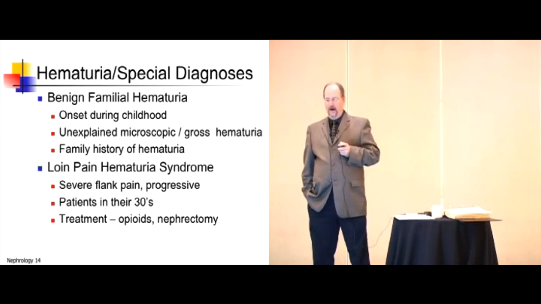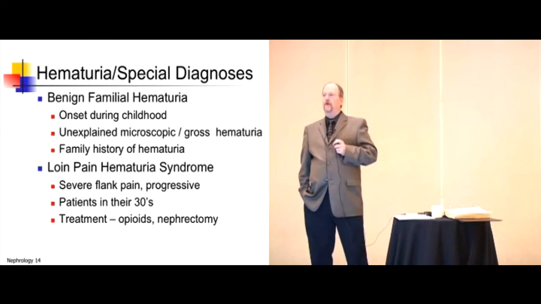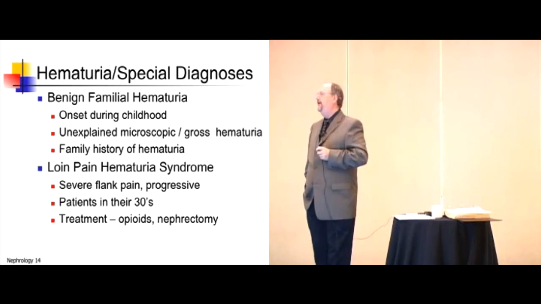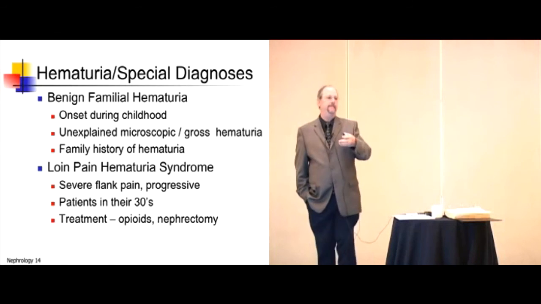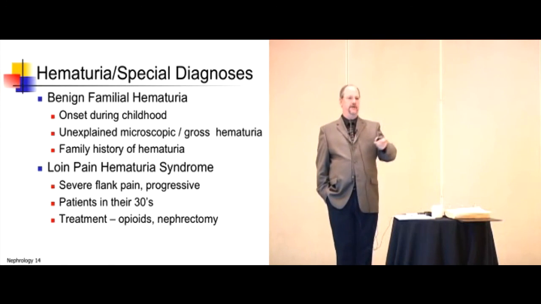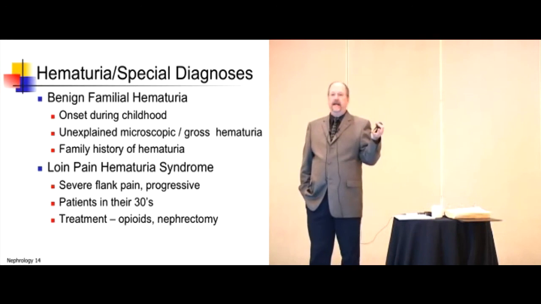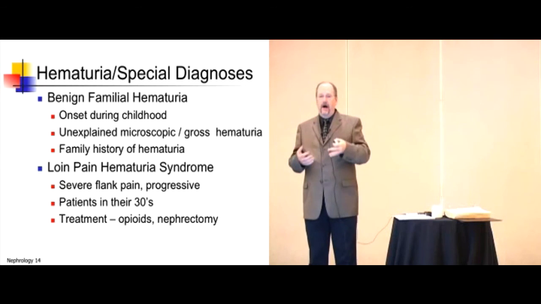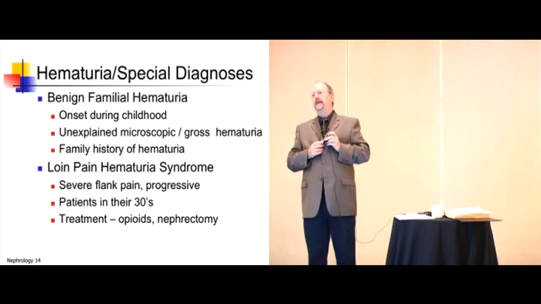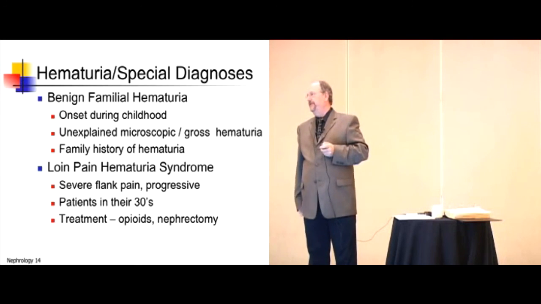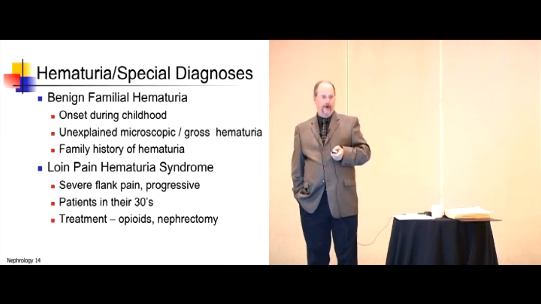Nothing happens. Loin pain hematuria syndrome. Loin pain is your flank. It hurts, and you have red blood cells. Severe flank pain, they get into trouble. These people could actually turn into addiction problems. It hurts a lot. They're asking for their kidney to come on out, and you don't find anything. Creatinine's fine, CAT scan's fine, ultrasound's fine, urine's fine, except for intermittent hematuria. If they do kidney biopsies, it almost looks like minimal change nephrotic syndrome, but a lot of times they're normal. Most of the time it's pain medicines, opioids. Sometimes if you donate